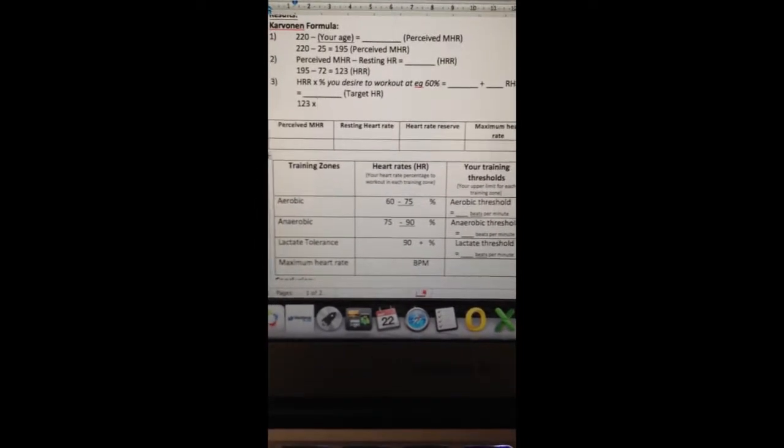Okay, so say for example, we want to find out what my aerobic threshold is. So we want to figure out this bit right here. What you're going to do for this bit is go your heart rate reserve, which I know mine is 123 because I've just worked it out. So 123 times the intensity you want to work at. First of all, I'm going to do aerobic because that's the first one we've got here. I'm going to do the minimum one. So we've got 60%. I'm not going to put 60, I'm going to put 0.60 in there. And what I would get if I times 123